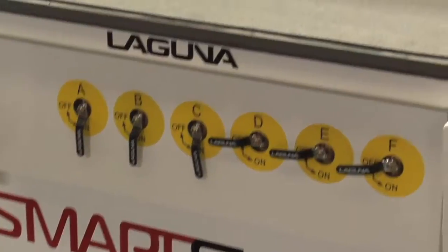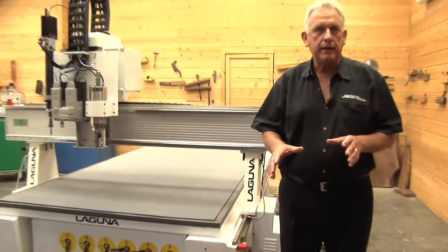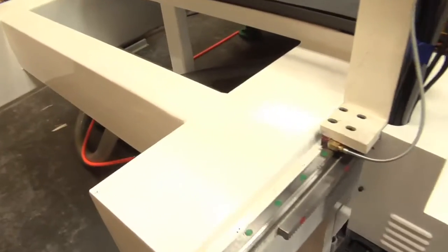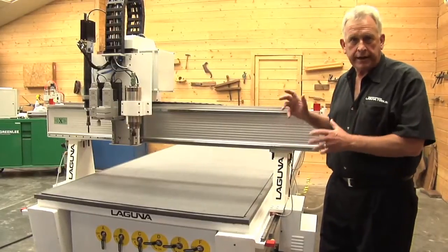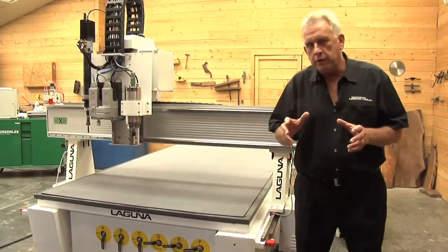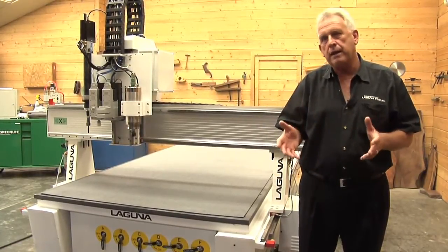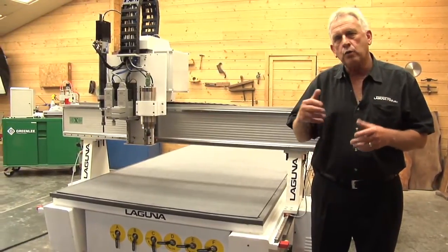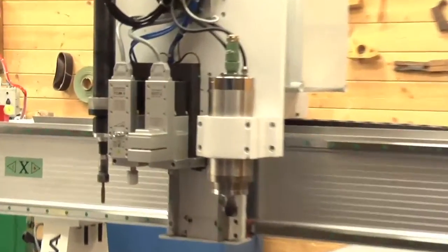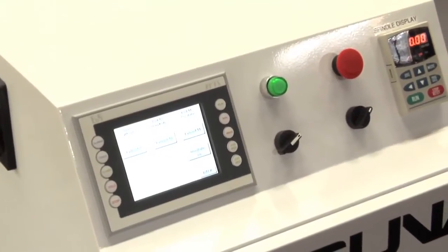This is a SmartShop MT, and MT stands for multiple tools. We took the basic SmartShop 2 concept, and that is a one-piece all-welded frame with very good components, so you get really great edge finishes. What we wanted to do, though, was to add more capability to it. So instead of maybe having a CNC with a tool changer, we also wanted to have other functionality on it. And of course, we kept the B&R controller as part of the package because it's based on the SmartShop 2